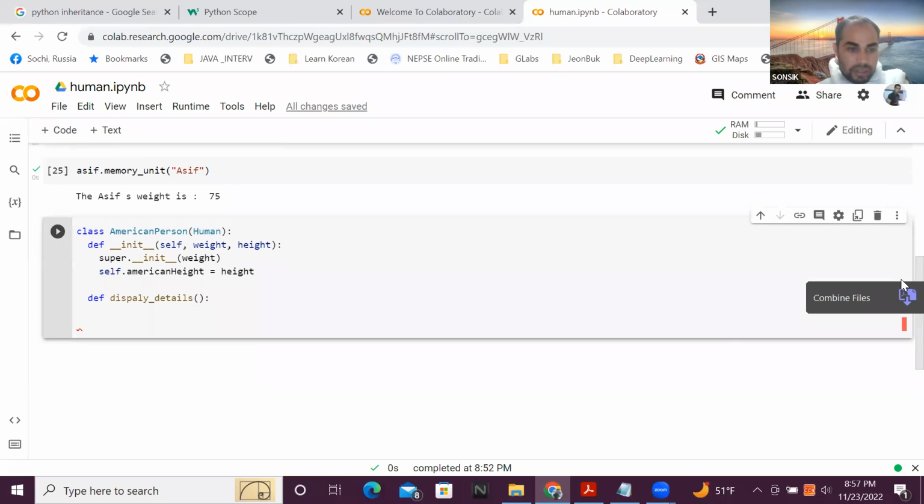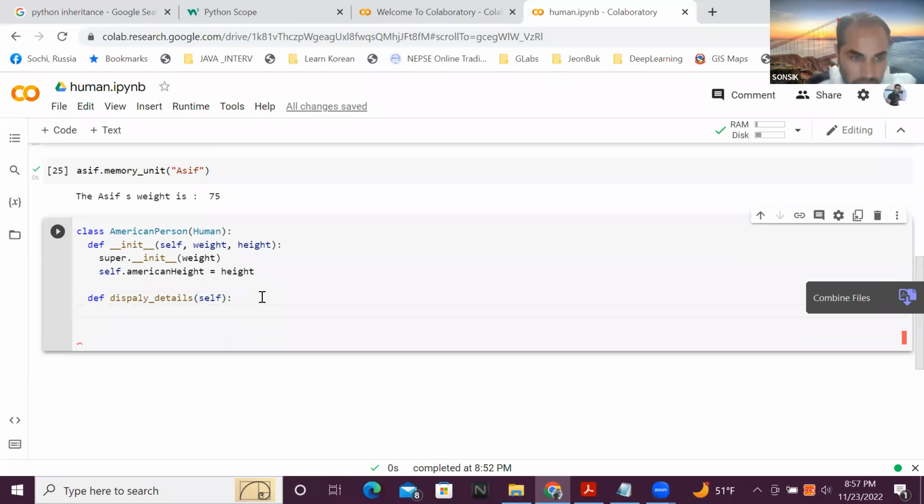Then here we have self, then what we can say is print the weight and height are self dot weight, comma, self dot height. So when I say that,